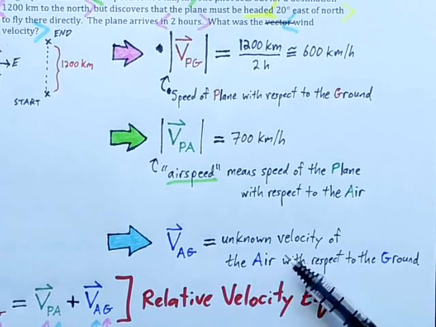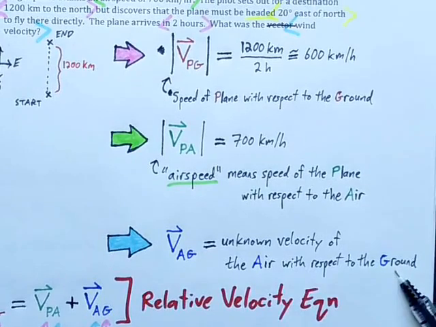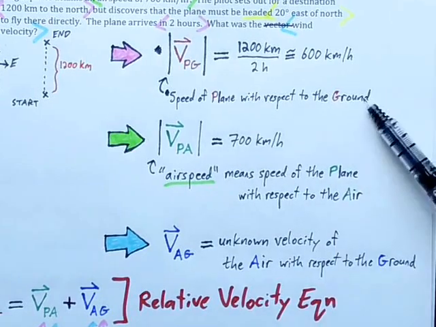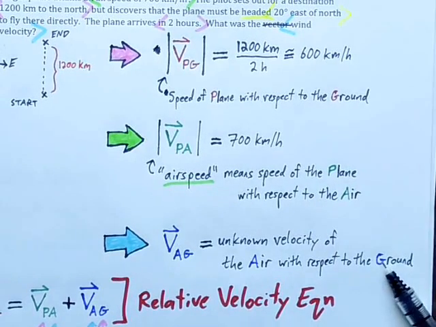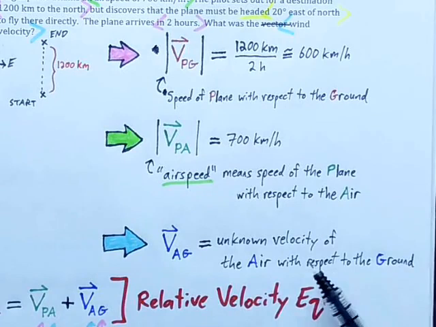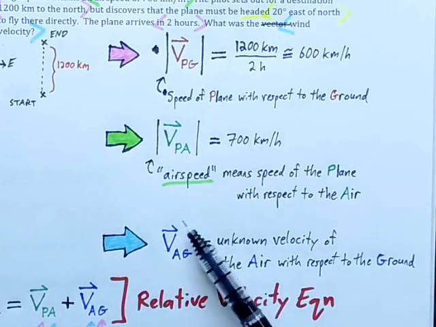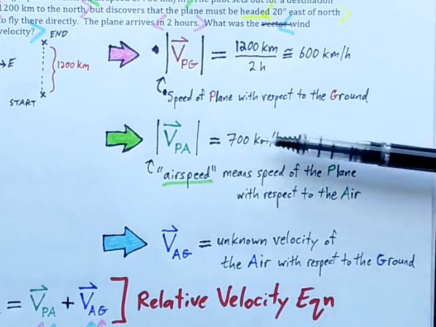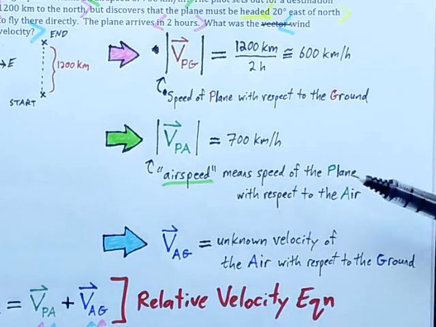You can imagine that if you were just standing on the ground, watching the plane go by, this is the velocity of the plane you would see. And if you're standing on the ground, standing still, and feeling the wind blow by you, this would be the velocity of that wind. However, this one's a little more conceptually challenging, the velocity of the plane with respect to